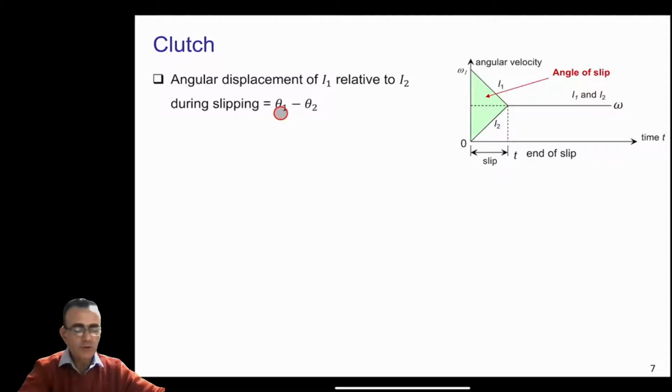We know that theta1 is the angular displacement here, which you can calculate by using the area of this diagram here. So if you want to calculate theta1, it is just 0 to T dash, and this will be equal to